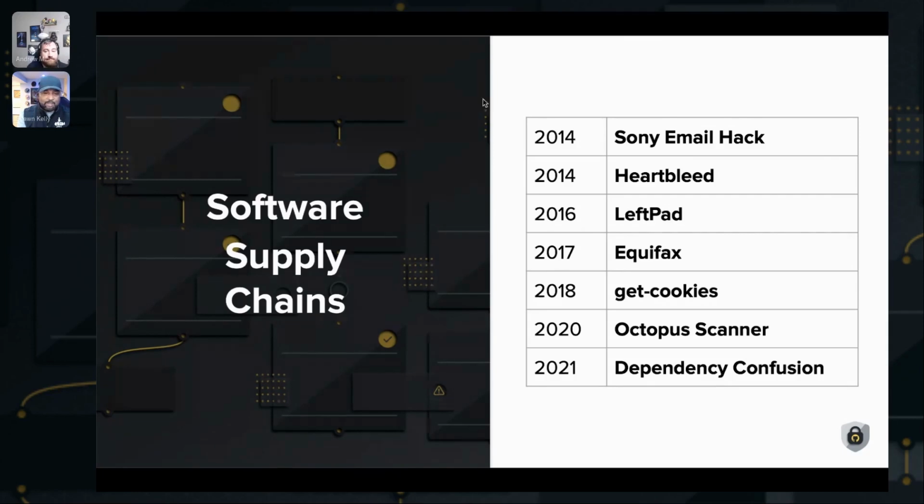Everyone talks about the Equifax breach, and every time I think about it, it was such a simple fix, but this is where securing the supply chain comes into play.